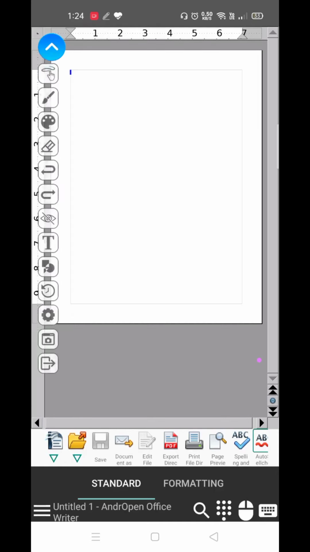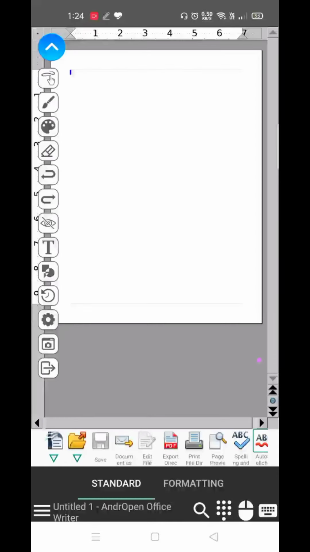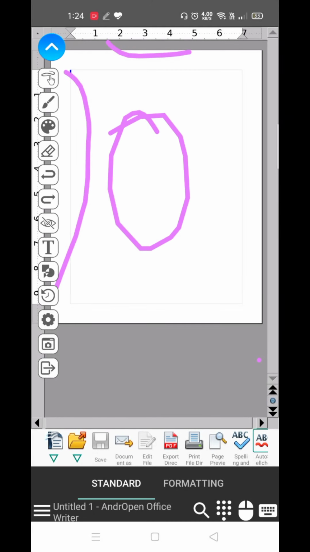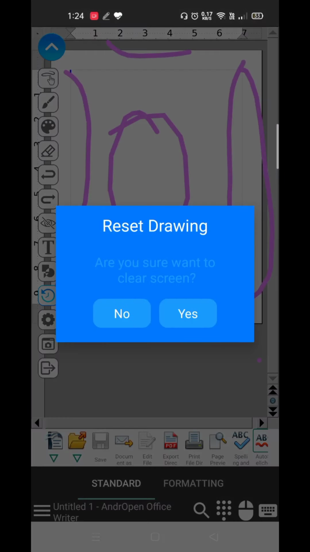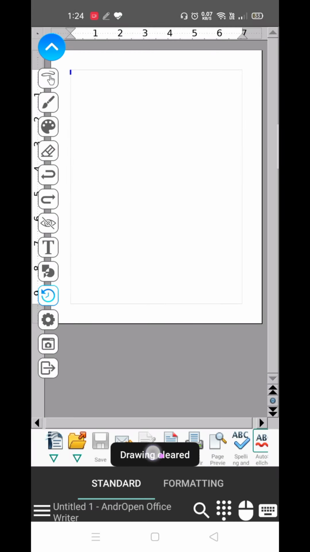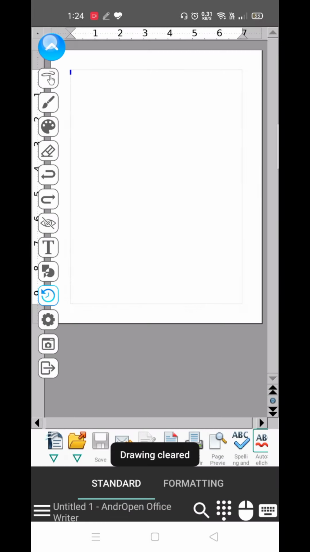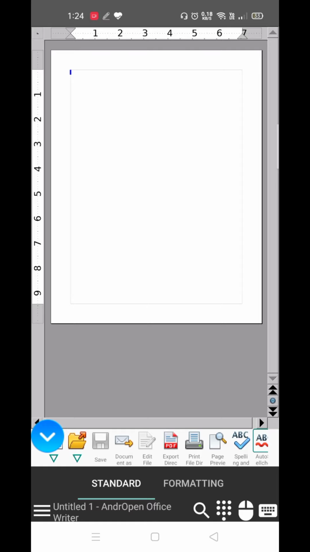Like if I show you in this one, as you all are able to see, over this side and this side we have the ruler bar. This is our working area. Then these lines are indicating our page margin also. Not only that, in the same window you can get the standard toolbar over this side and the formatting toolbar over this side. You just have to tap on these two buttons and it will automatically activate the toolbars for you.